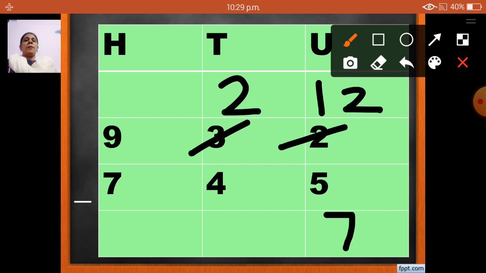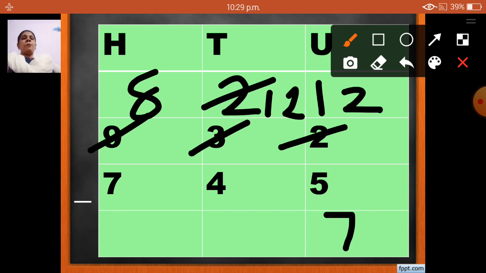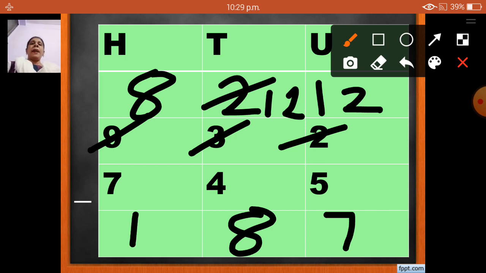Now again 2 minus 4 in tens place. 2 is a smaller number. 4 is a bigger number. So what will we do? We will make this 2 again 12. And I will borrow 1 from 9. And if I borrow 1 from 9, 9 will become 8. So 12 minus 4, after 4, 5, 6, 7, 8, 9, 10, 11, 12. So what answer do I get? 8. Understood? Now 8 minus 7, 1. So when I subtract 932 minus 745, I get my answer 187.